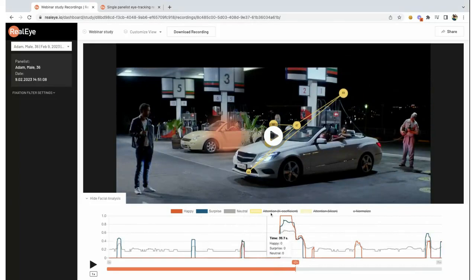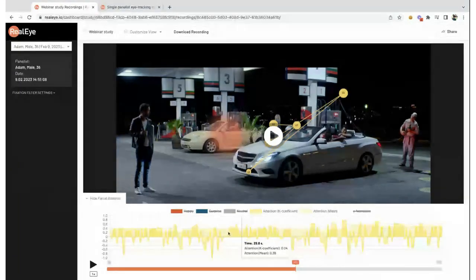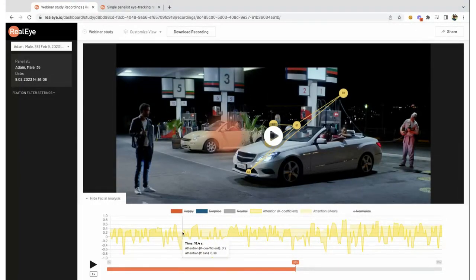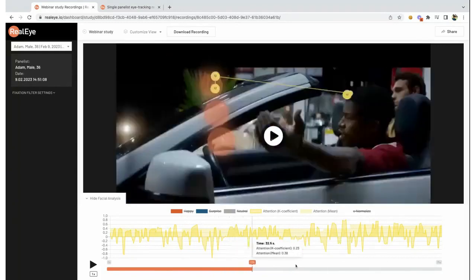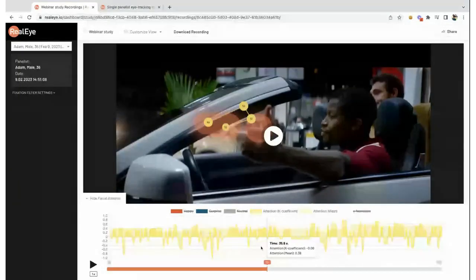But also we can see the attention, as mentioned before, the K coefficient for each stimulus individually. As you can see, there are some small spots in between here, but also in time. So we can observe which, for instance, part of the advertisement brought the biggest attention for individual panelists in this case, but also for the aggregated